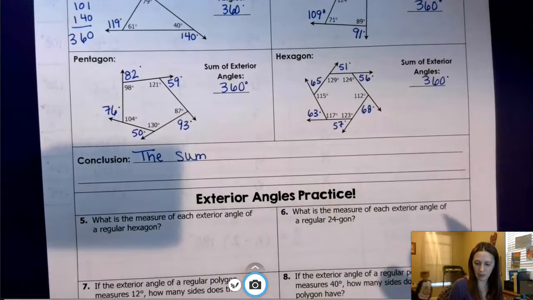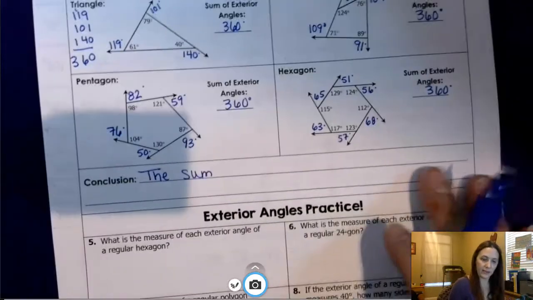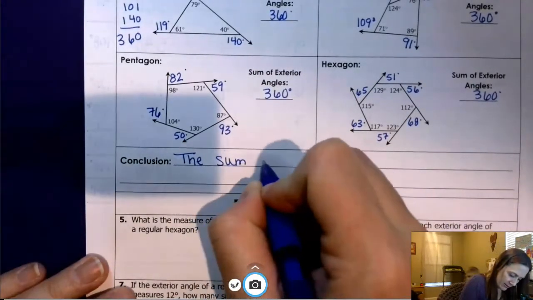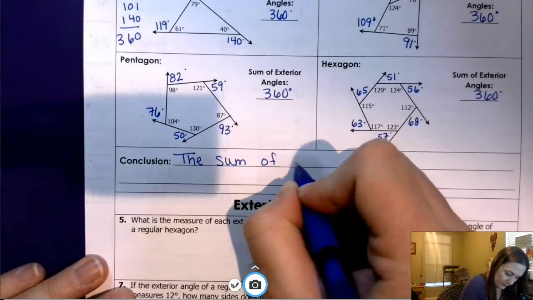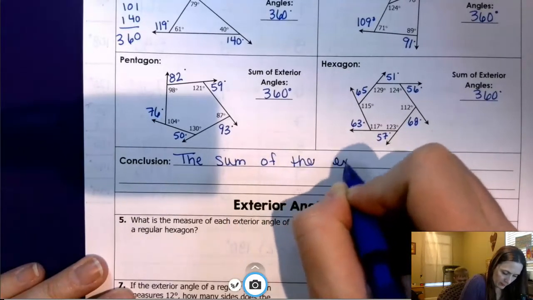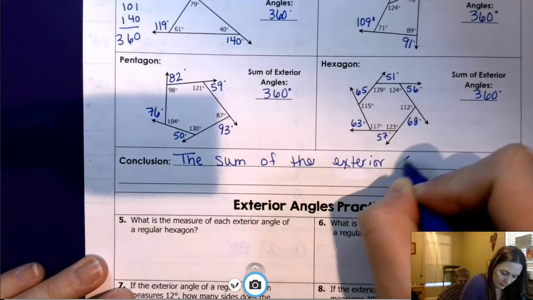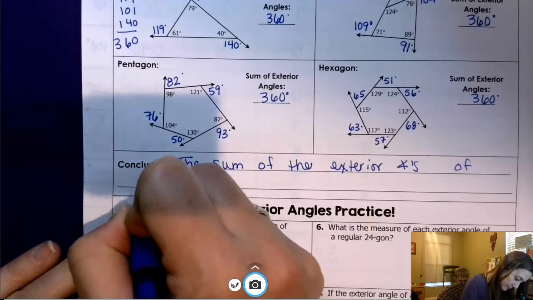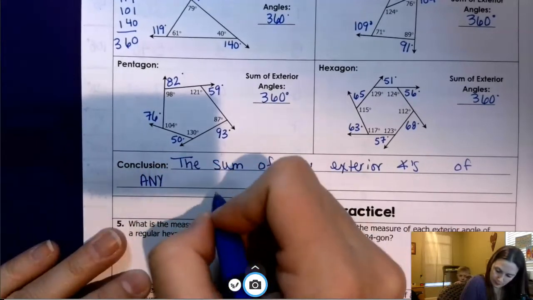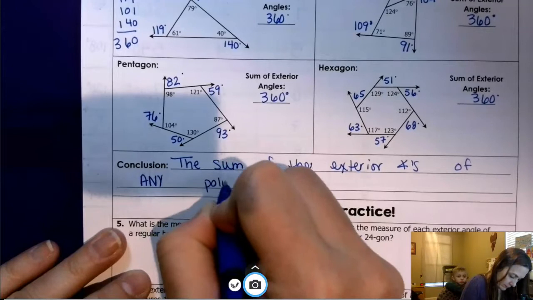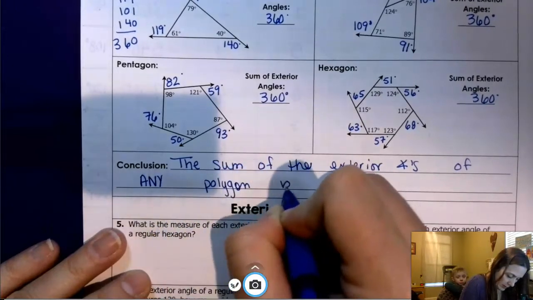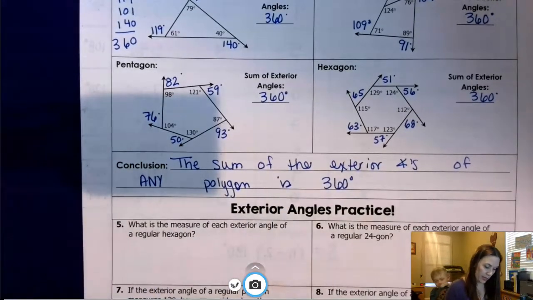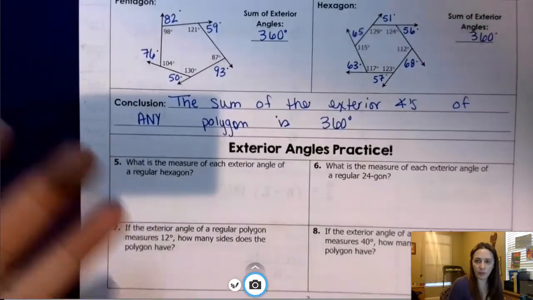So what's the conclusion we can make? I can say that the sum of the exterior angles of any polygon is 360 degrees. So now down here it's going to say, well, if we know the sum of the exterior